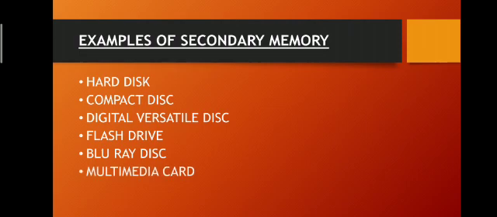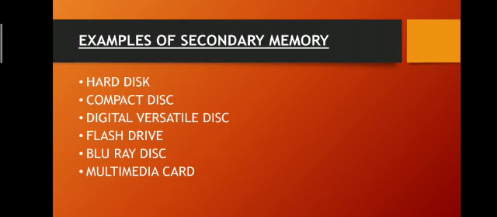Okay, so what is hard disk, children? Hard disk is the main storage device for computers. Okay, and this hard disk is fixed inside the CPU cabinet and it contains all the software and data. Okay, and the size of hard disk is 16 TB, meaning the hard disk can store up to 16 terabytes of data.